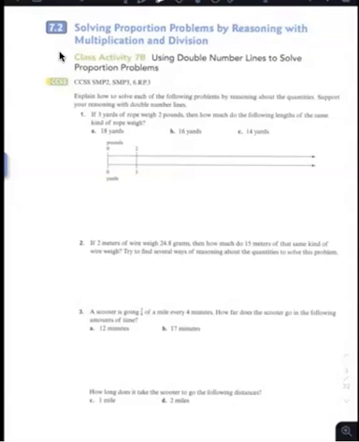Remember in 7.1 we looked at diagrams and tables. Now we can start looking at a double number line version, representation of proportional reasoning. So what happens here is that when we have two amounts varying proportionally, which means that there's a constant ratio, then we can put those two quantities on the double number